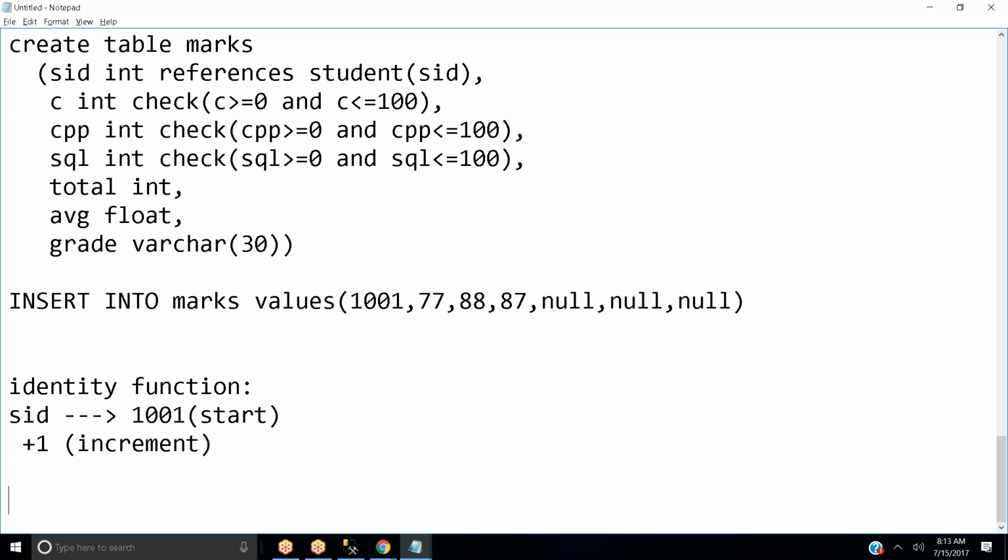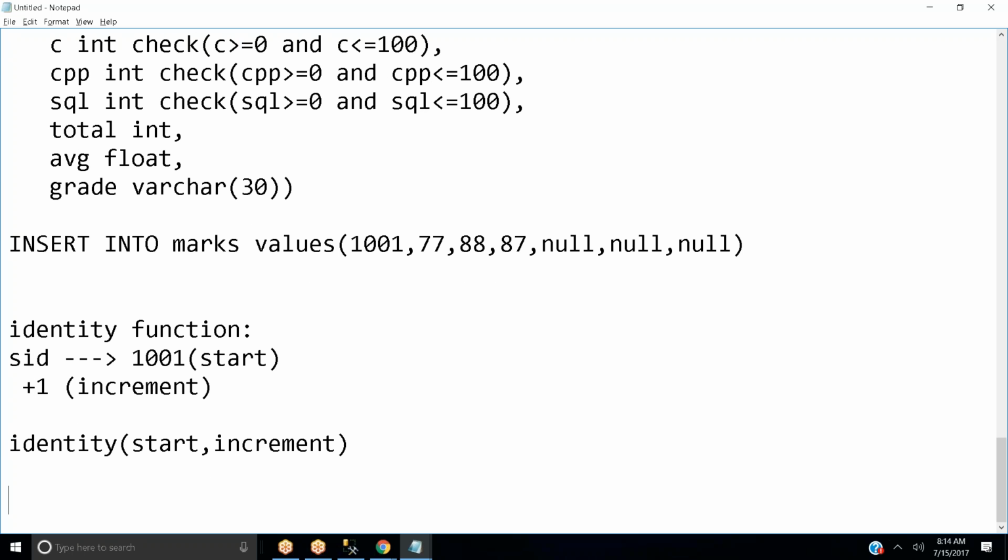In order to do such things, SQL Server has provided a function called the identity function. In this identity function, you give the start value and the increment value. That's it. Through this function, by default you get the starting value, and with how many values it needs to increment automatically, you can specify through this identity function.